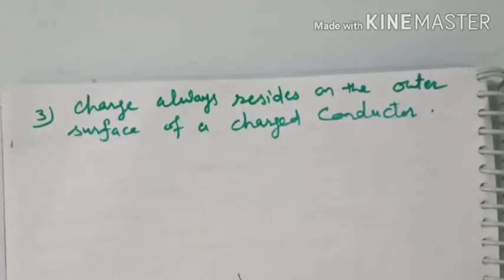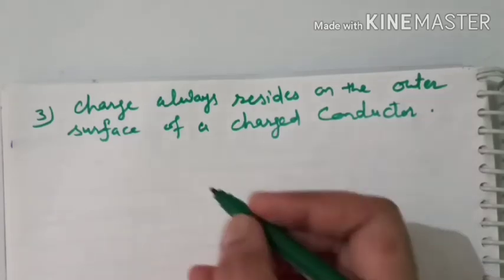So when some charge from outside is given to a conductor, the conductor is charged. This charge always resides on the outer surface of the conductor